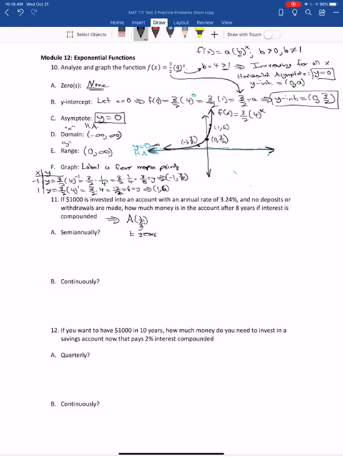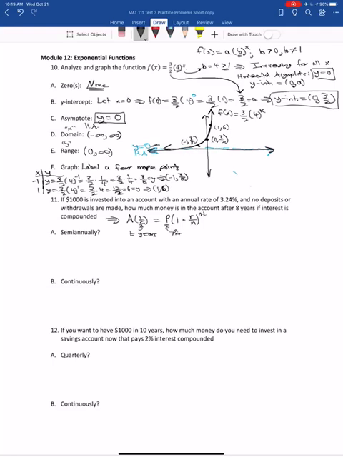And A, the amount of money, is equal to our principal times 1 plus our interest rate divided by n, which is the number of compounding periods in a year, raised to the power of nt. So that's our compound interest formula, our exponential growth formula in this problem. So P being the principal,